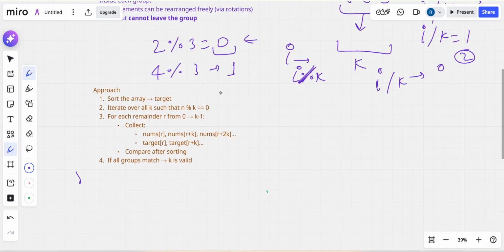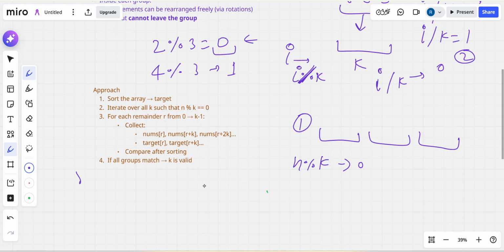Then the approach is that we will divide into groups, then iterate over k. We will check which k values are divisors of n. For that we just need to check if k divides n, then it will be a divisor. So for that we will do the operation.